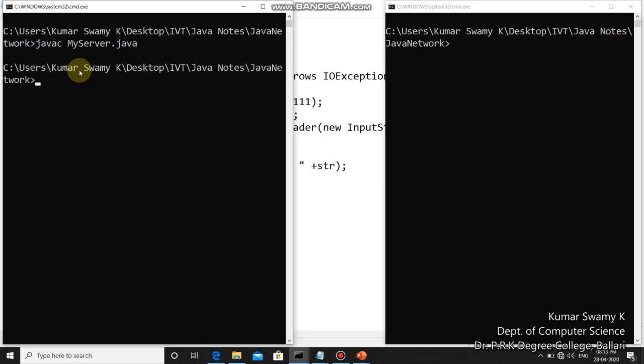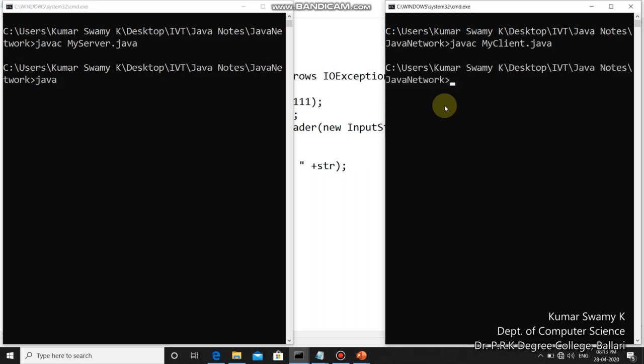Once it gets compiled, you run this. But before running, you have to compile the client side program also, javac MyClient.java. Let me compile this. Even the client program got compiled, and now let us run the server program.